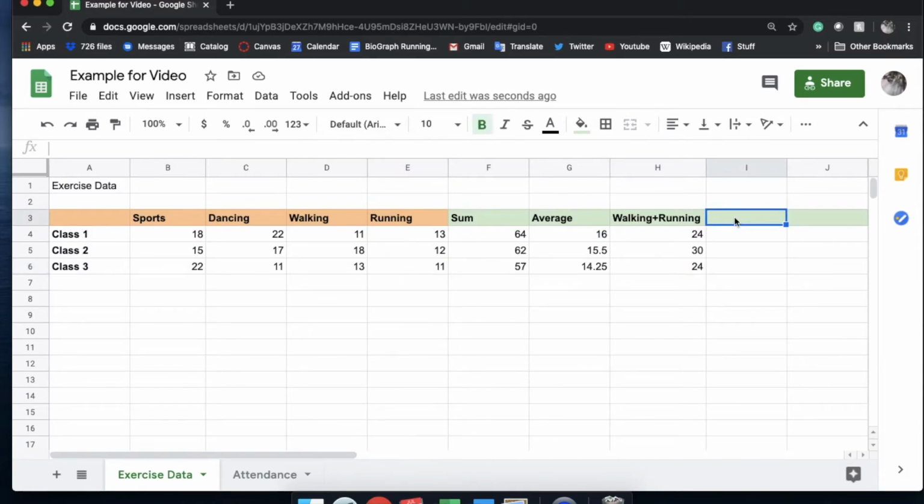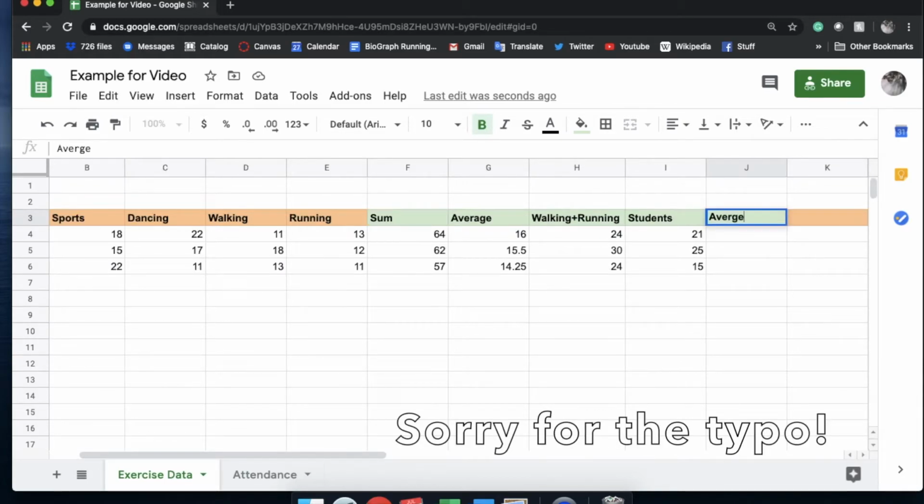Now let's say that we want to do some calculations based on the individual number of students in each class. Let's add a column called students. Let's say in class 1 there are 21 students, in class 2 there are 25 students, and in class 3 there are 15 students. Now, if we want to calculate the average number of activities that each student did, so we'll say average per student,